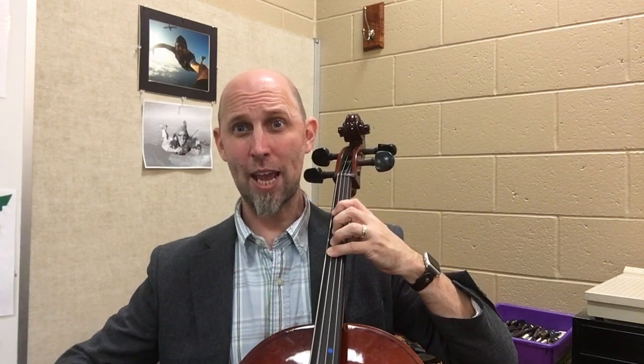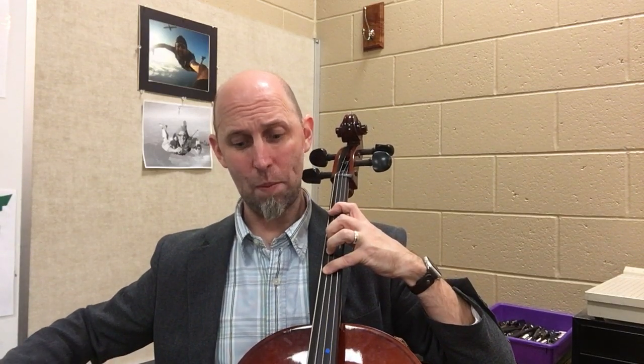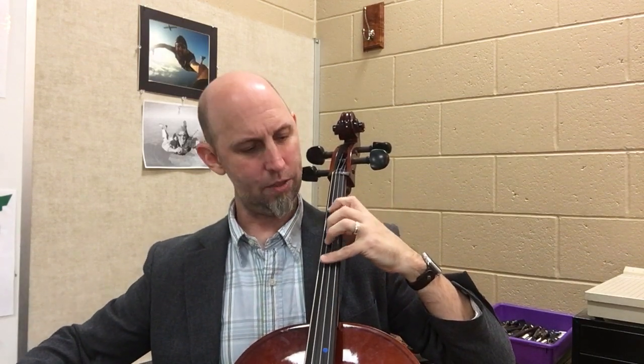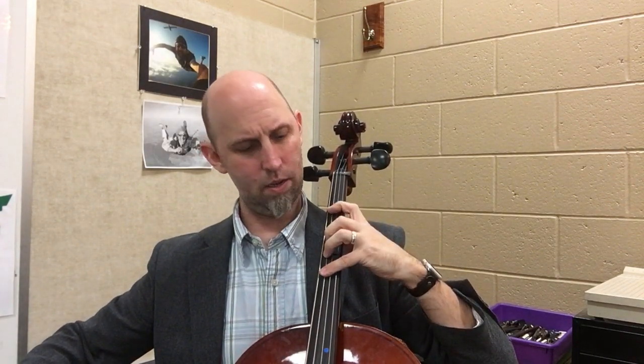So it'll be open G, 1st finger, 3rd finger, regular 4 right on the tape, then slide all 3 of your fingers up and play the C sharp a little bit higher than the tape 4th finger, and then you're going to play your open D, and then you're going to come back down to a C sharp, which is reaching, extending,